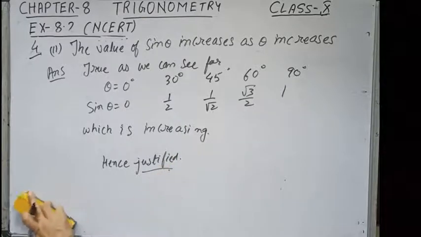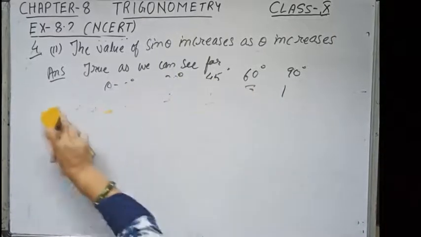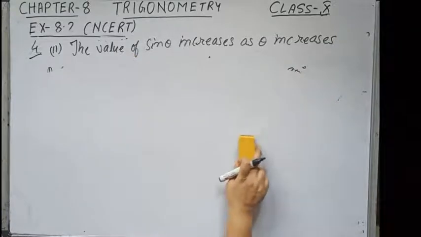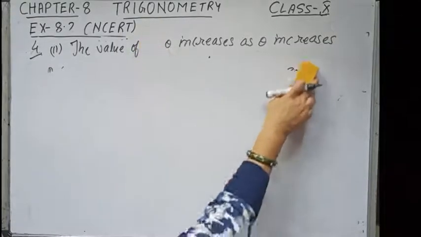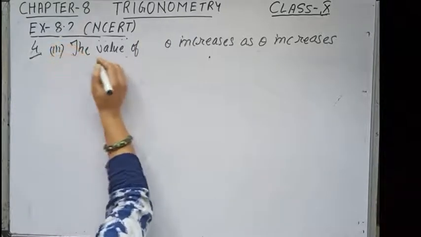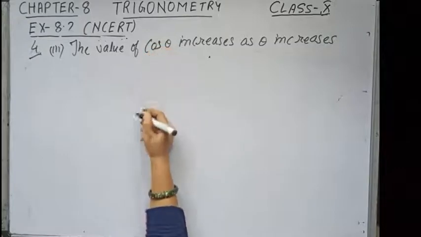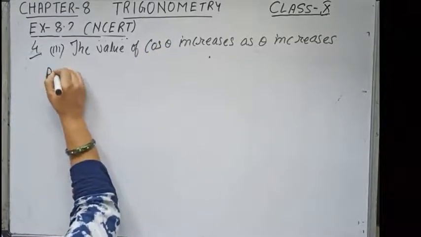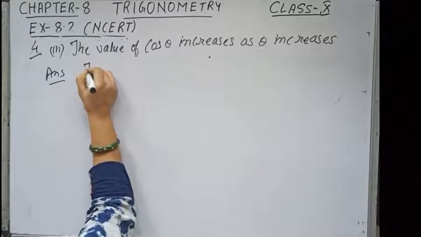Let us move to subpart number 3. Subpart number 3 is saying the value of cos theta increases as theta increases. So obviously this will be a false statement. In the answer part we will be writing false,